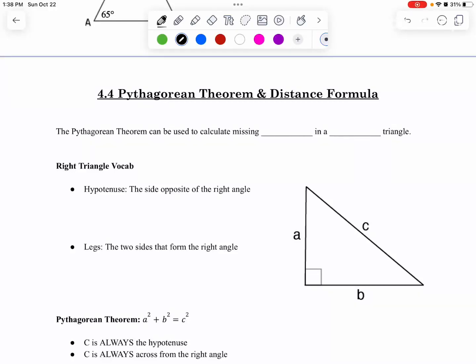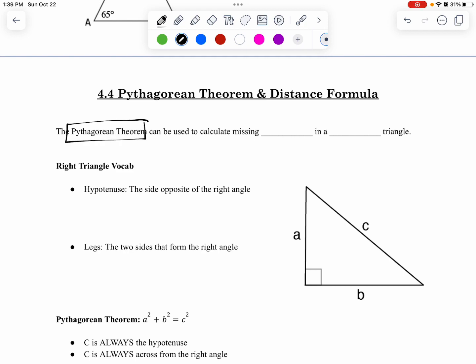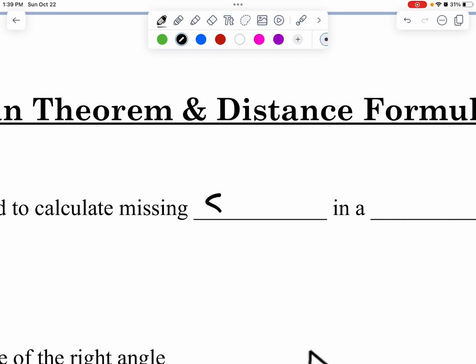All right, you guys are halfway done with chapter 4. What we're going to do today is talk about the Pythagorean theorem. Maybe you've heard of it, maybe you haven't, but I am on section 4.4 in the notes, right about in the middle of the packet. What I need you to know about the Pythagorean theorem is it is a formula, and it can be useful because it helps us find the missing side